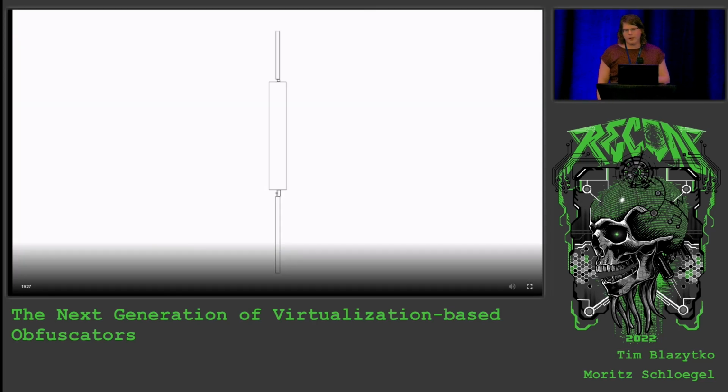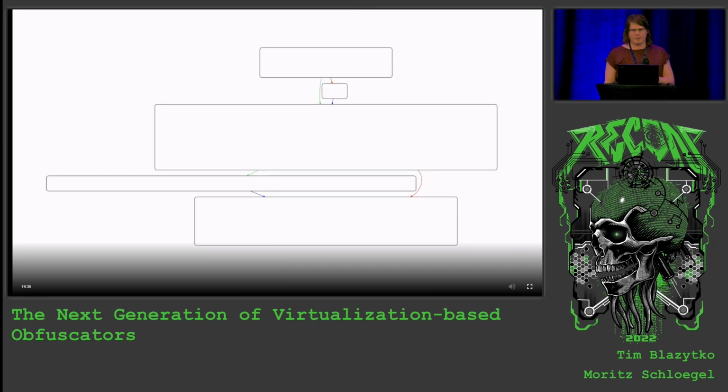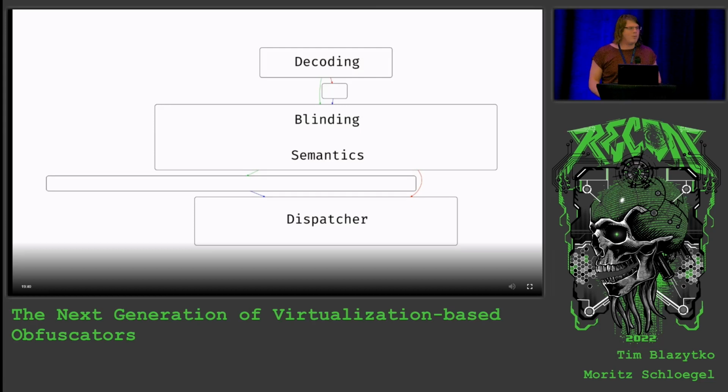If we have a Themida handler, which looks like that, and we employ different compiler optimizations, it will afterward look like that. And remember the structure of the handler we've seen before. We can now easily see where's the decoding, where's the blinding, where's the semantics, the addition, the subtraction, and